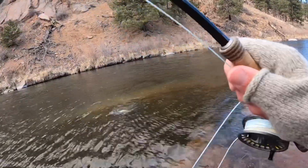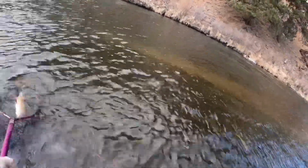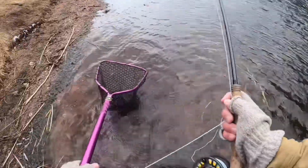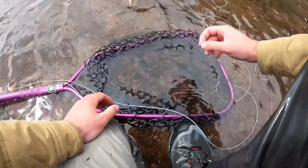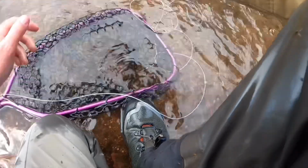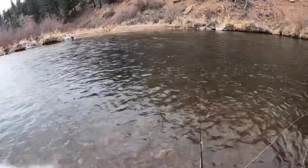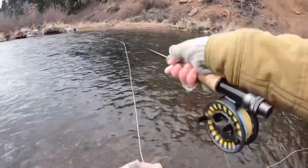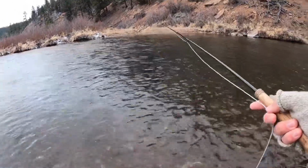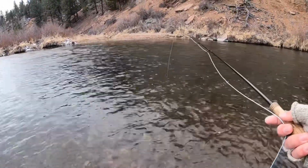Indicator went down, thought he ate. Either he did and I missed, or I just sat on a rock and the fly ended up going in him. You are good to go, buddy. It's a beautiful rainbow. That way. His right eye's blind. There he goes. His right eye's blind, so he was swimming in the wrong direction. Alright, back to it. The battery almost died. Well, 1% I guess is a dead battery, but